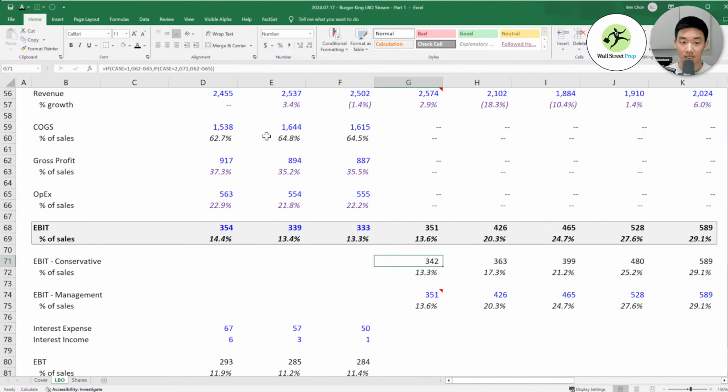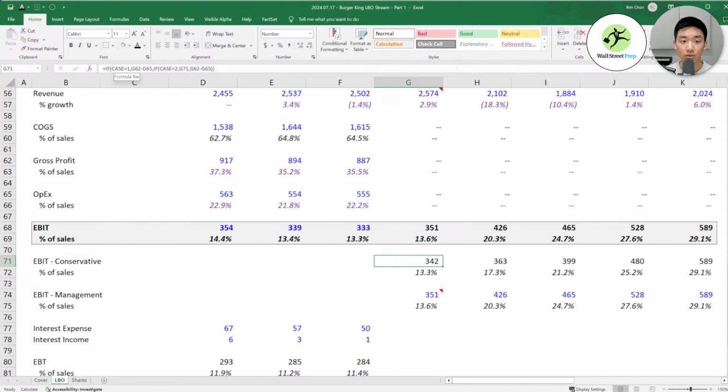So to go over this, first you have to understand how if statements work, which is very simple. It's if this scenario is happening, then give me this. If not, then give me this, right? It's a lot simpler when you look at this one. If case is 2, aka if it's a management case, then give me this blank. If not, then give me the COGS margin in this scenario. When it comes to the nest, I also call this a nested if statement, but we always just call it sticky ifs.